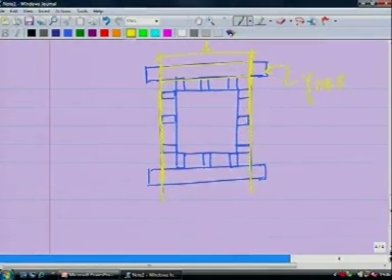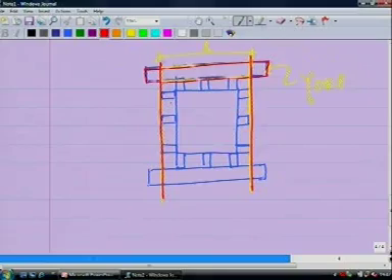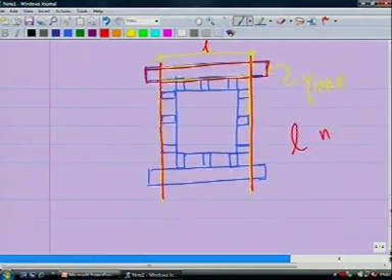Is this clear, technology class? This is your yoke. You are using the tie rod here and here. This is the least distance that is required. So, can you calculate how much is this? How much L you require, L needed?